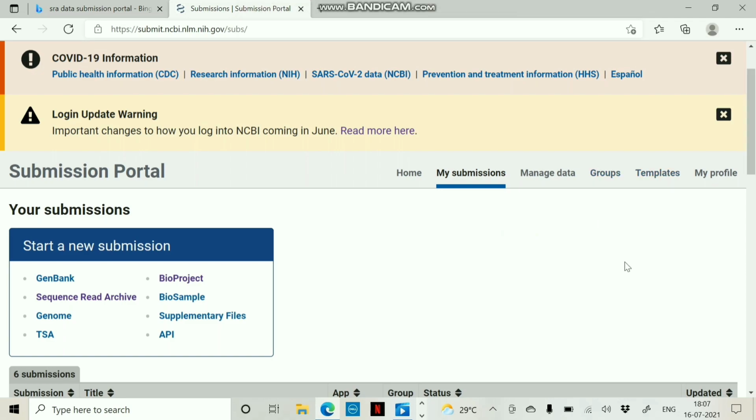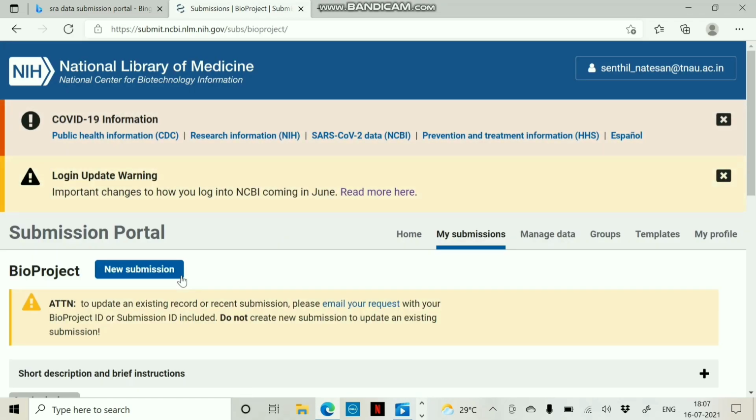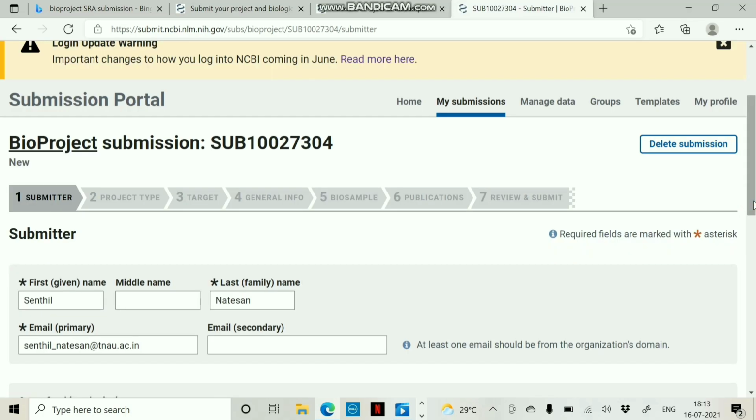In the table of start a new submission, we are going to create a new BioProject. Click on BioProject. And go to new submission. The browser-based wizard will help us to create our BioProject submissions.